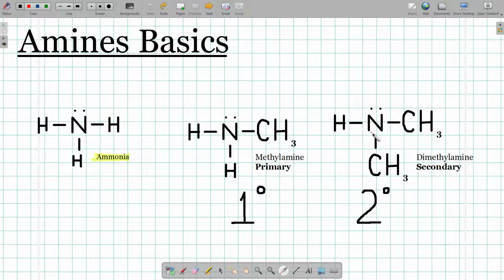And then we've got secondary amines. Just to go through, that's when two hydrogens from the ammonia have been replaced by R groups. Here it's two methyls again, because it's very easy to draw. Secondary amine is represented by a 2 with a little degree symbol, and you can also have